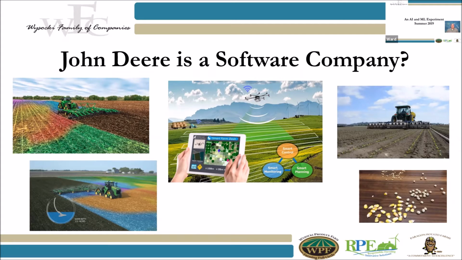But one of my favorite quotes from John Deere is, machine learning and artificial intelligence in agriculture is hard. On a lot of their literature, they'll show the bottom right picture where they have the corn and the soybeans sitting there, talking about how this is a difficult thing to do in agriculture in general. Imagine trying to count, identify, or find problems with seeds. And that to me is fascinating.